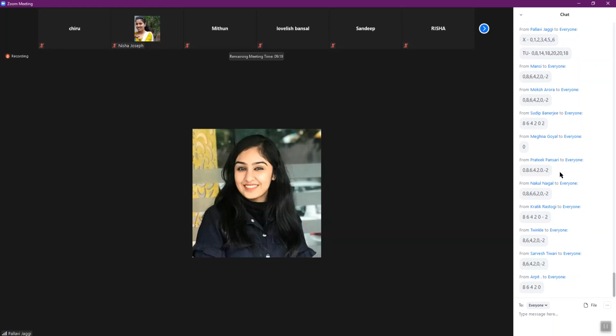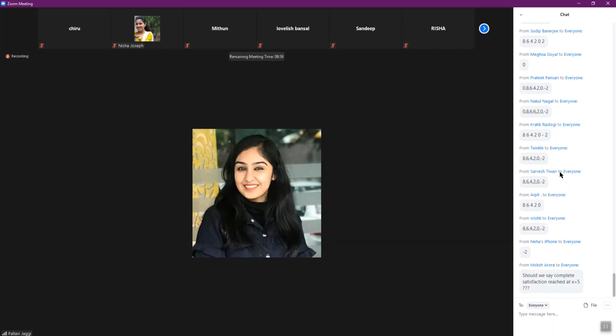When TU is 20, then our marginal utility is what? 0. But when TU starts declining, from 20 to 18, then our marginal utility is negative. It starts diminishing. So this is our law of diminishing marginal utility. So when MU is decreasing, what does it imply? That TU is increasing, but at a decreasing rate.